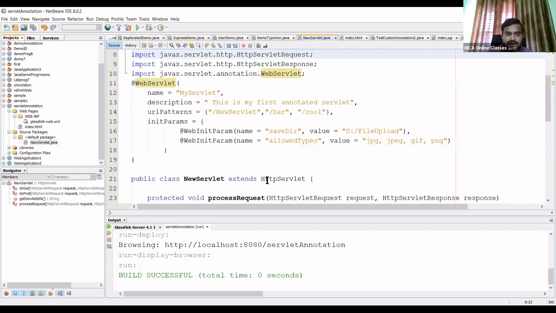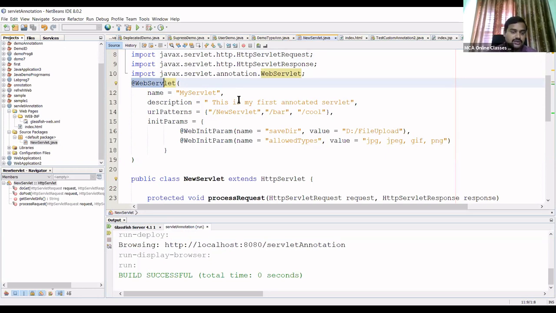If the programmer knows Java, that is not enough here. He has to know about XML technologies also. So instead of writing 8 to 9 lines of code, these annotations have replaced that XML technology, simplifying this program. Just by using this annotation name and the URL pattern, you can run this code.